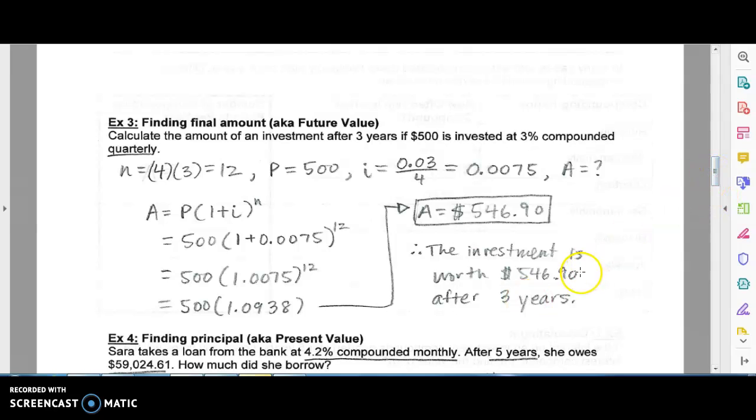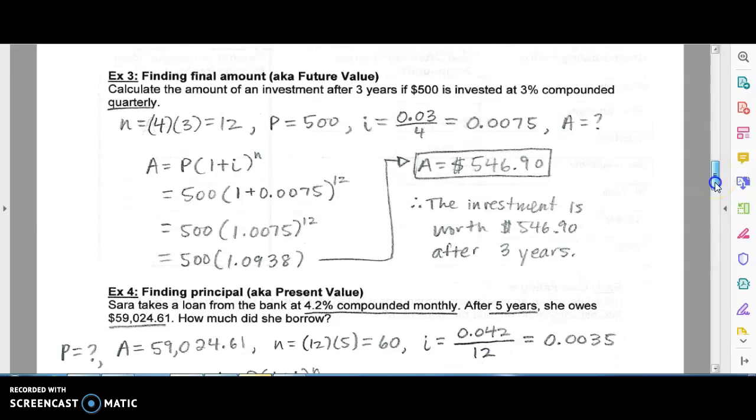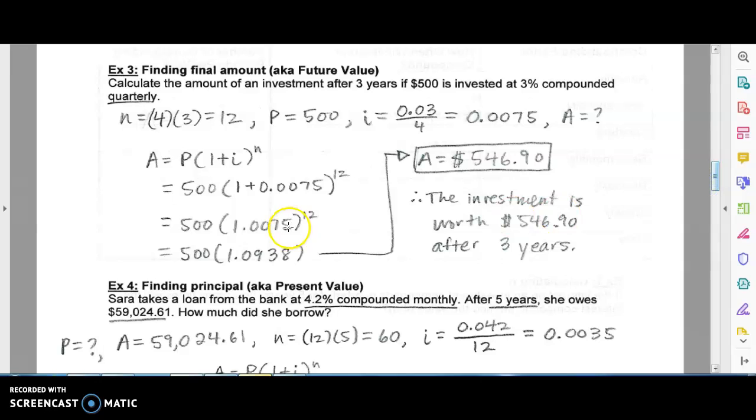Okay, so you'd make basically $46.90 on your investment after 3 years. Okay. Last example here, the other way you could be asked a question, technically you could be asked, I guess,